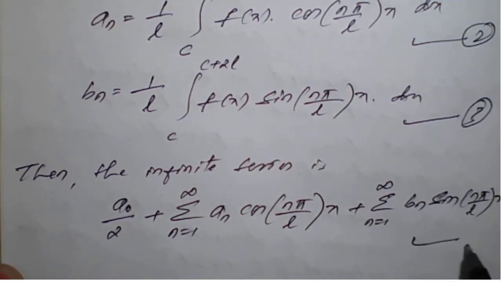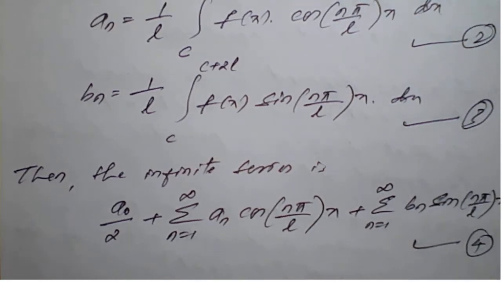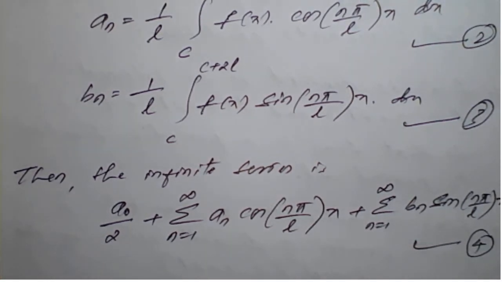So this I call result number 4, and this is called a Fourier series